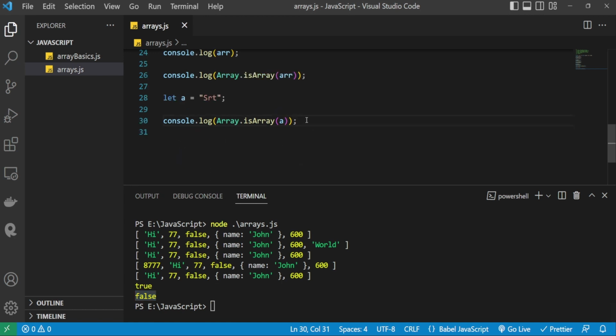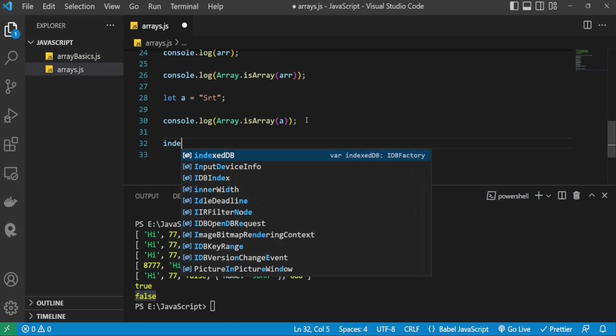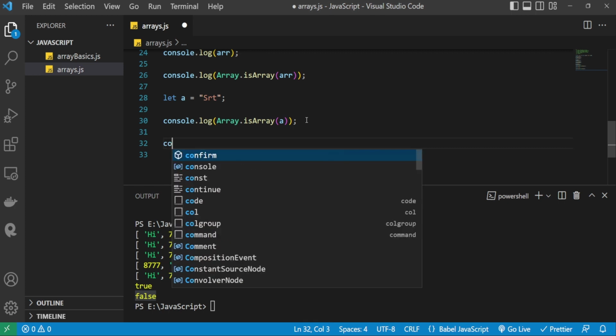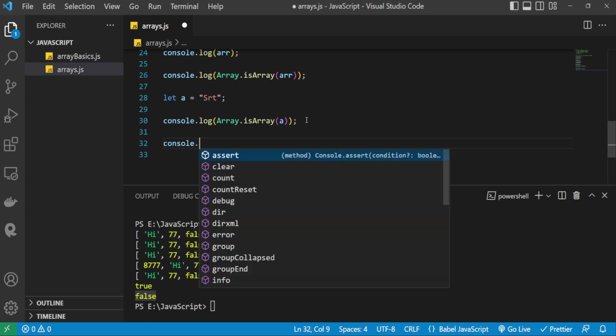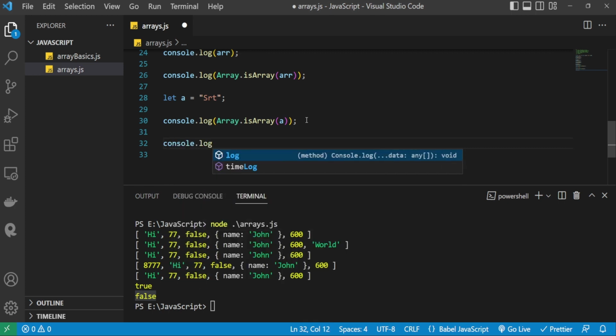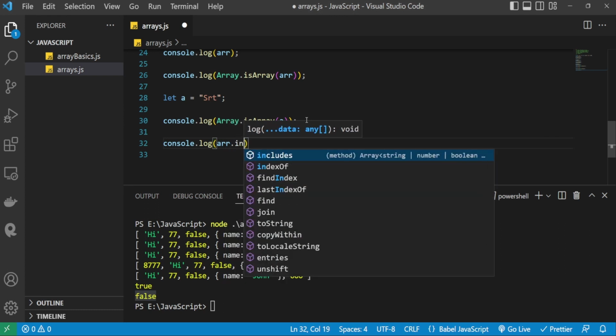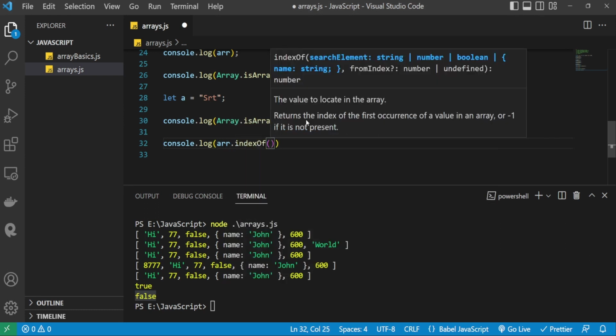Then the final method we have is to find in which index a value is stored, that is the indexOf method. How do we do that onto this array? Let's see. I wanted to find out the index of a particular value by using the array.indexOf method, in which we have to pass the value whose index we want to find.